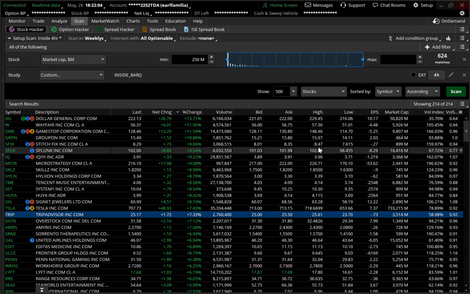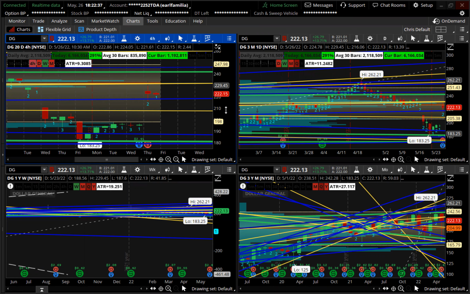First one I'm going to look at, just because it had a crazy gap up today, was DG. DG had a little bit of a pullback in the afternoon, but what I've always said about these gap ups is that when it gaps up and then shows red in the afternoon, it's really hard for me fundamentally to see it going back to fill the gap to the downside. The gap's too significant.